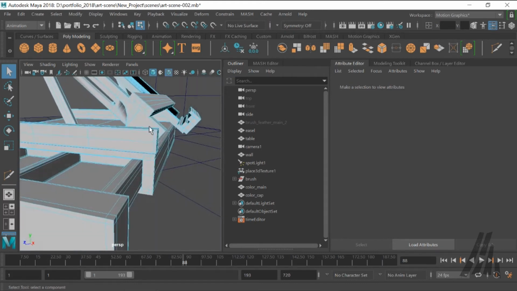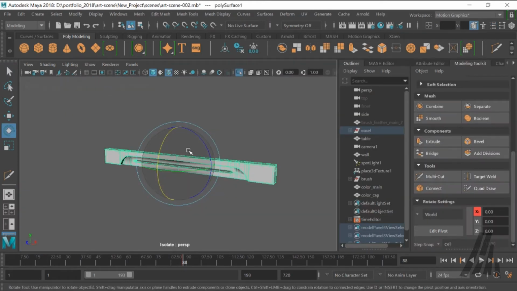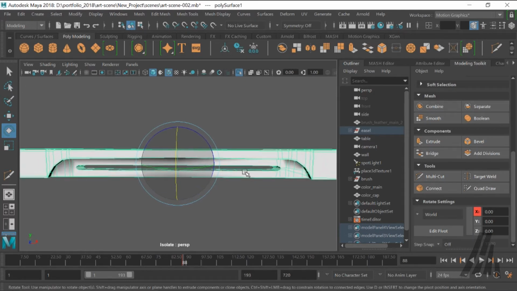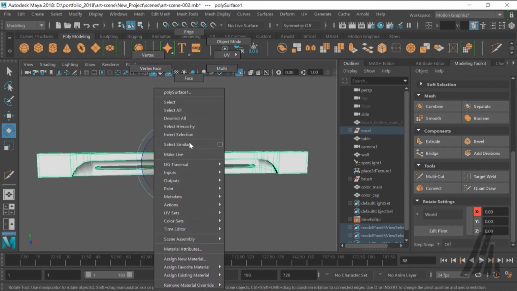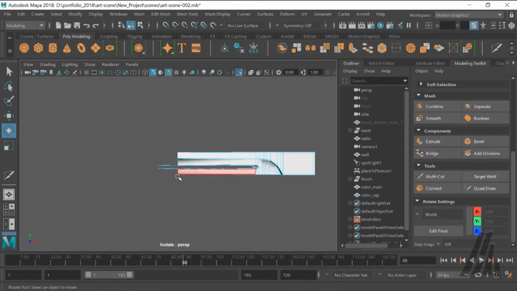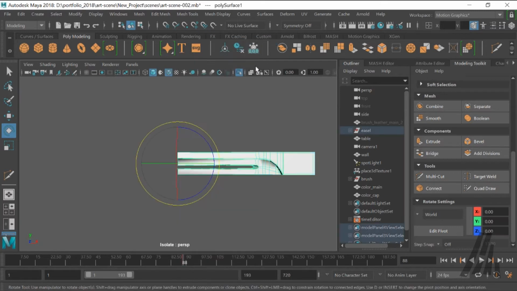One good thing to do is, in fact, to model really low poly, as low as possible. Check that your mesh is okay, and then go into detail, add subdivisions, add edge loops where you need, and have an even edge loop as well. So here I'm just going to show